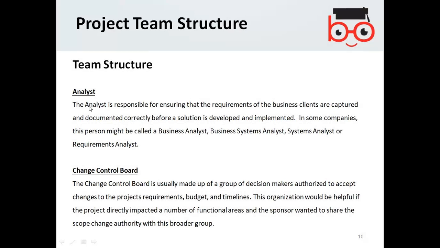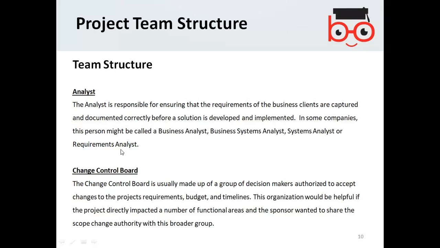Team structure may include the analyst. The analyst is basically the top level of the personnel, responsible for ensuring that the requirements of the business clients are captured and documented correctly before the solution is developed and implemented. In some companies, this person might be called a business analyst, business system analyst, system analyst, or requirements analyst.